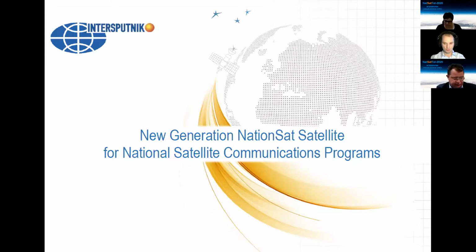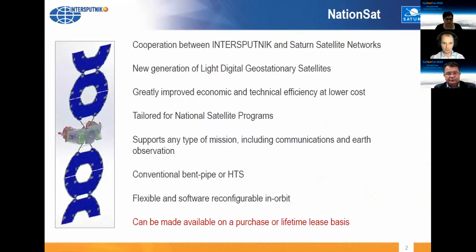satellite programs. Being aware of this problem, which lies in the fact that traditional, conventional technological solutions, which existed just several years ago, did not allow us to efficiently use national allotments to offer services within one's national market, some time ago we started cooperating with Saturn satellite networks, which